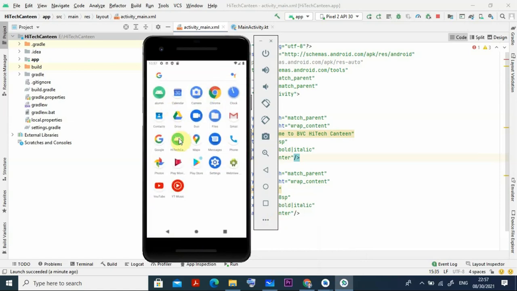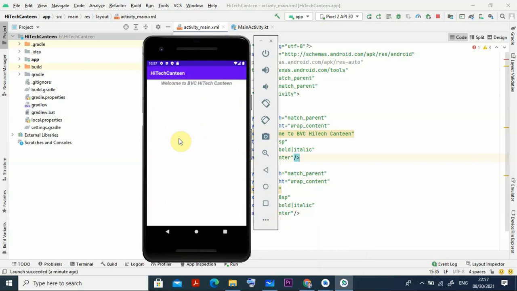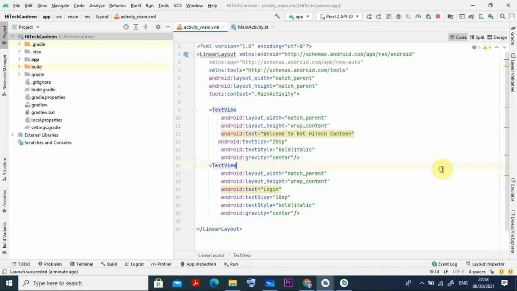Okay, so again we double click this High-Tech Canteen, let us see. Okay, anyway, this login High-Tech Canteen is there, but login where it has gone, I am unable to see. High-Tech Canteen is there, but login is not coming, that I have to check, what happened to the login. So this is the text under login, and why is it disappearing.